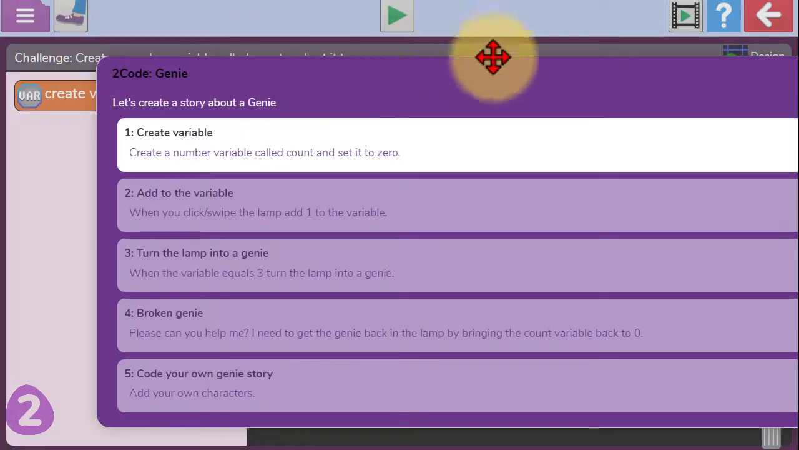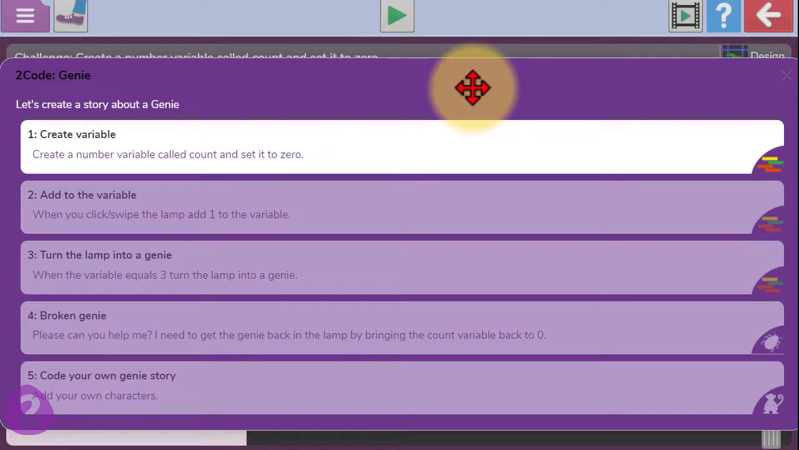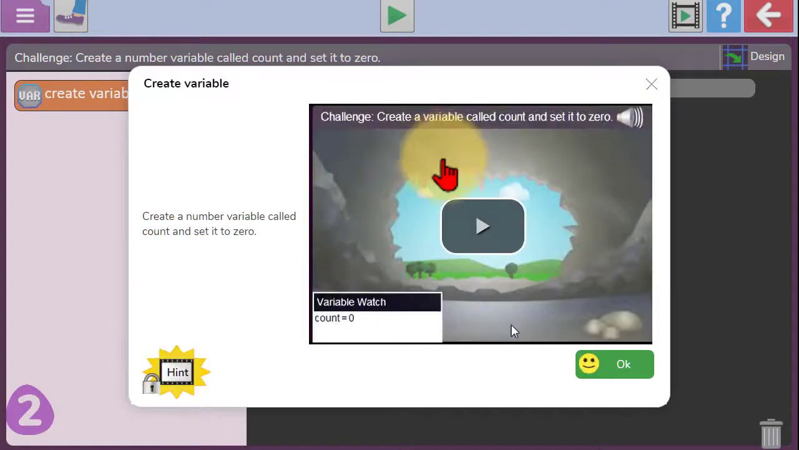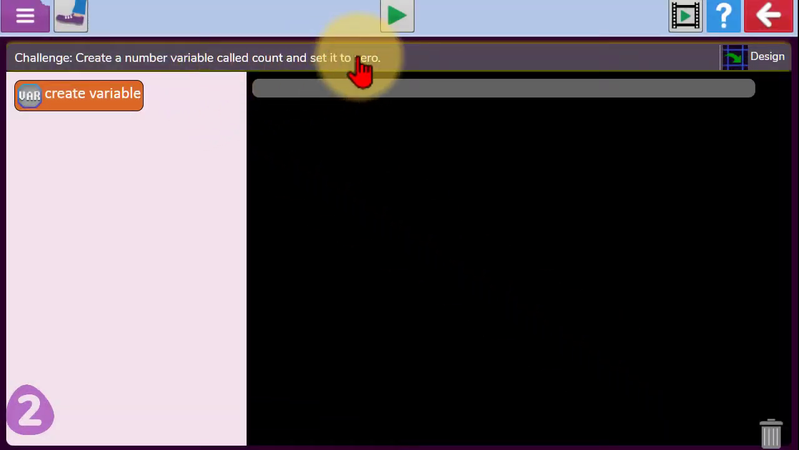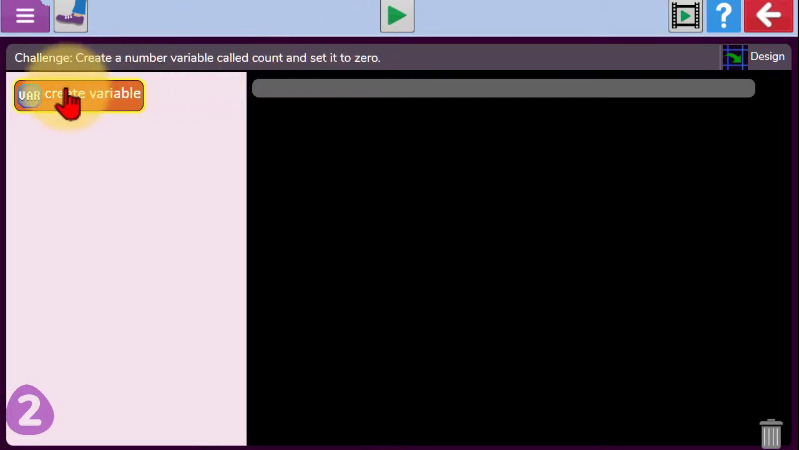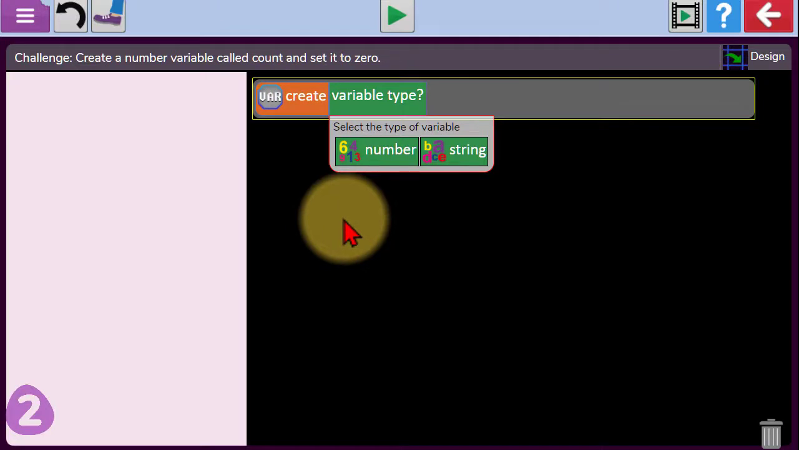Now, variables become explicitly taught when we get to year 4. And one of the ways in which it's taught is using this 2Code activity called Genie. Genie comes in different stages, and we're just going to look at the first 3 parts of this. So it tells us to create a number variable called count and set it to 0. So to do this, we just drag the create variable block into the screen, and then it's saying what type